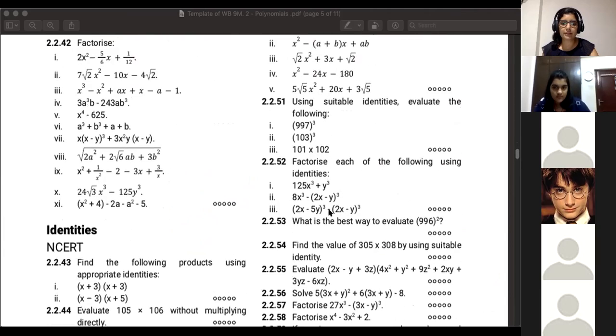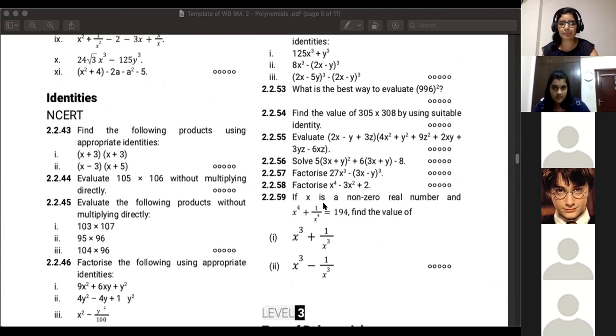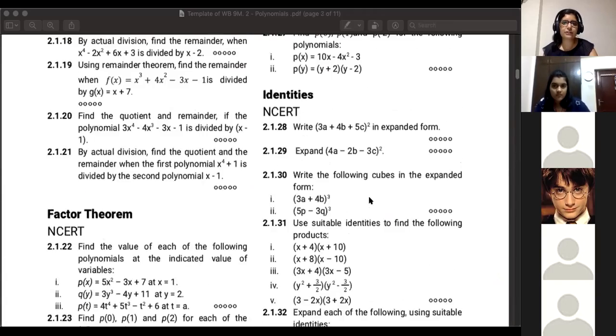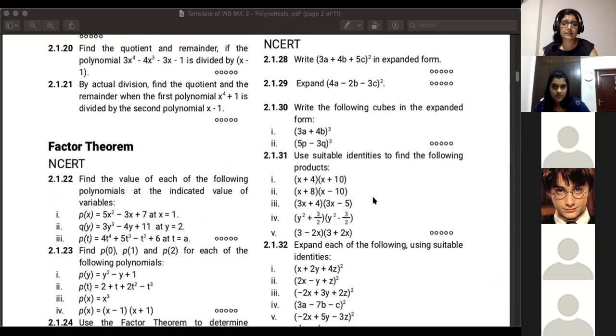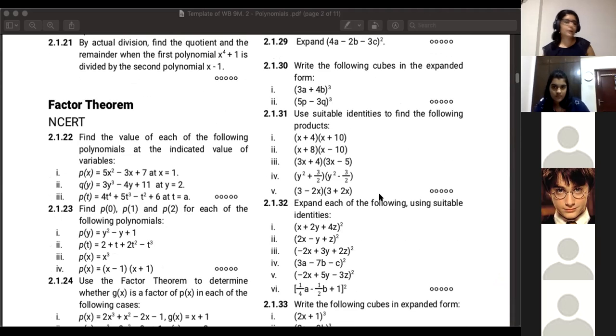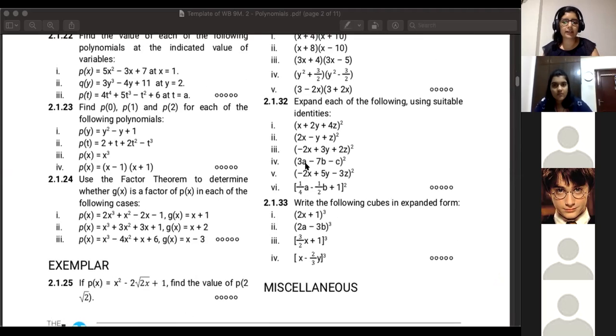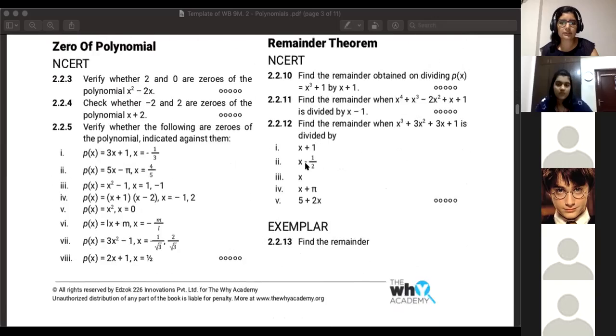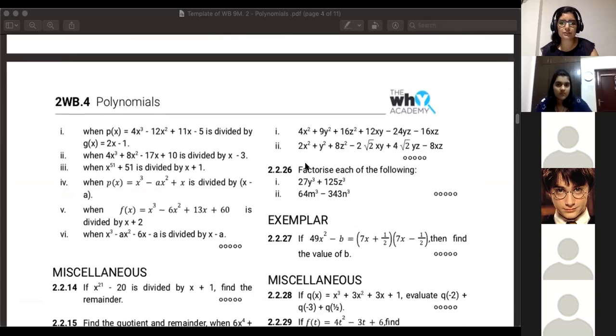Using identity, calculation है, factorization. ठीक है. So let's practice direct questions based on identity. And then there's one more type of problem. If we get another revision session or something like that, I'll practice those kinds of problems with you guys. Let's get used to identities first.